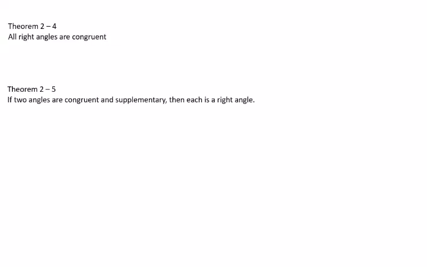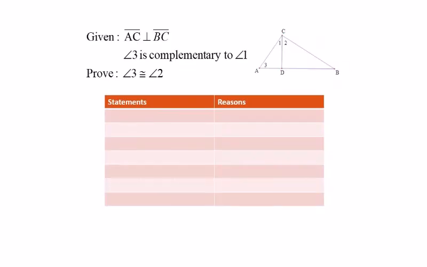Then you all proved theorem 2-4, all right angles are congruent, and theorem 2-5, if two angles are congruent and supplementary, then each is a right angle, right? So let's use some or all of those to